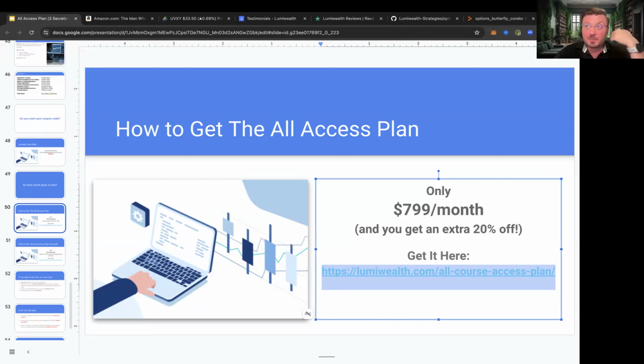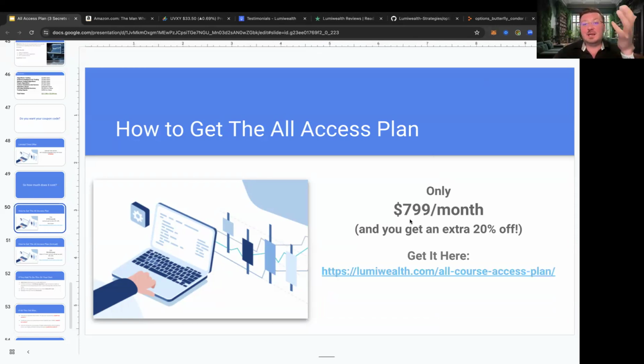You get a bunch of them pre-built. You get to join our live algo building sessions where we could actually build your algorithm during that session. And not only that, you get to have a lot of other people comment on it too. So we could probably take whatever algorithm you want to build and even refine it and make it better, because you have a lot of people looking at it. You can get all of that for $7.99 a month, and again, that additional 20% off if you sign up by tomorrow.